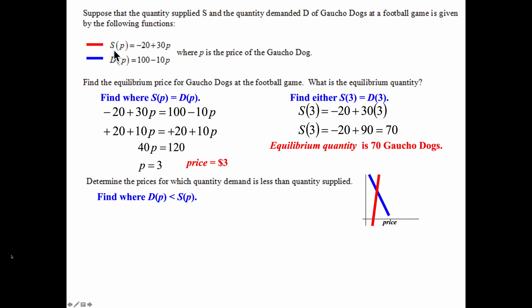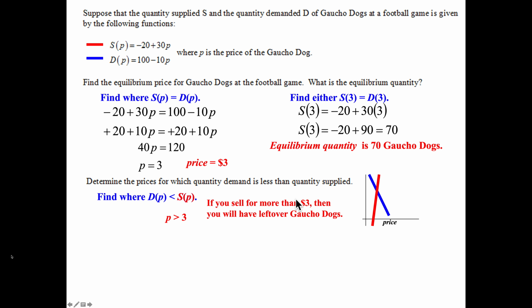All right, so S of P is in red. So I'm going to change that blue font to red. When is the blue graph's y-coordinates less than the red graph's y-coordinates? That's everything to the right of that intersection point when P was equal to 3. So when P is greater than 3, those are my answers. That's when the price of the gaucho dog is way too much,